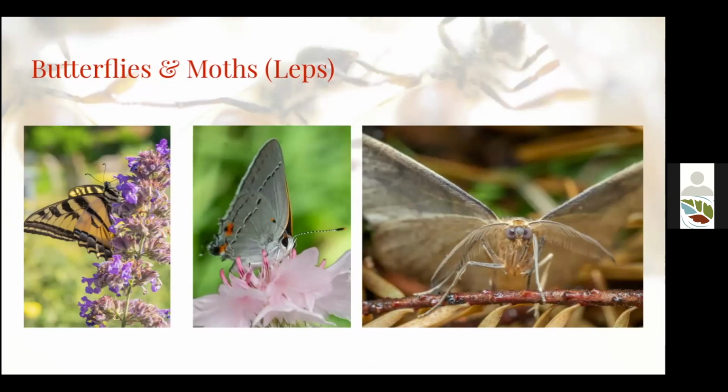But they all have these long tongues that curl up at the front. That's called a proboscis. They unravel them, and usually when they're feeding, they're hovering. So they're feeding mid-flight and are getting pollen grains on their long tongues that will be transferred to the next flower that they visit.